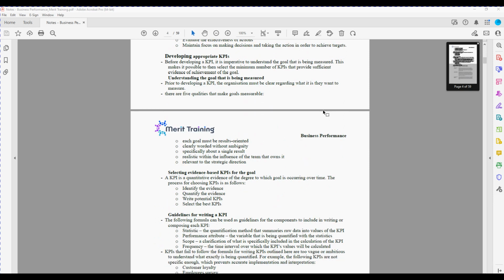Okay, so how do we actually develop the KPIs? So before you're developing it, it's important to understand what is the goal that we're trying to measure. So is it improving culture, or is it about being the number one sales seller in Australia or New Zealand or globally, right? So it's understanding what is the goal, because the KPI allows us to measure the goal. So once we know what the goal is, we can select a number of KPIs. Typically, it's the minimum rather than a maximum, because the more data points that you have, as long as they're relevant, are going to be useful information.